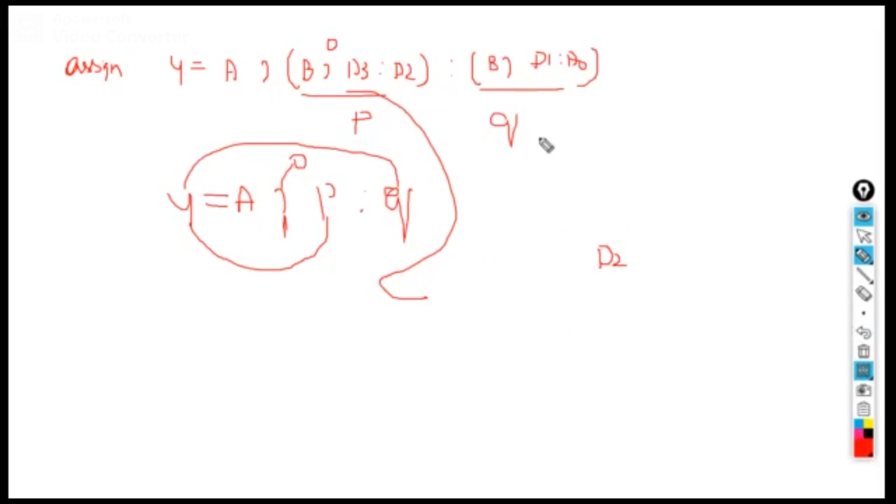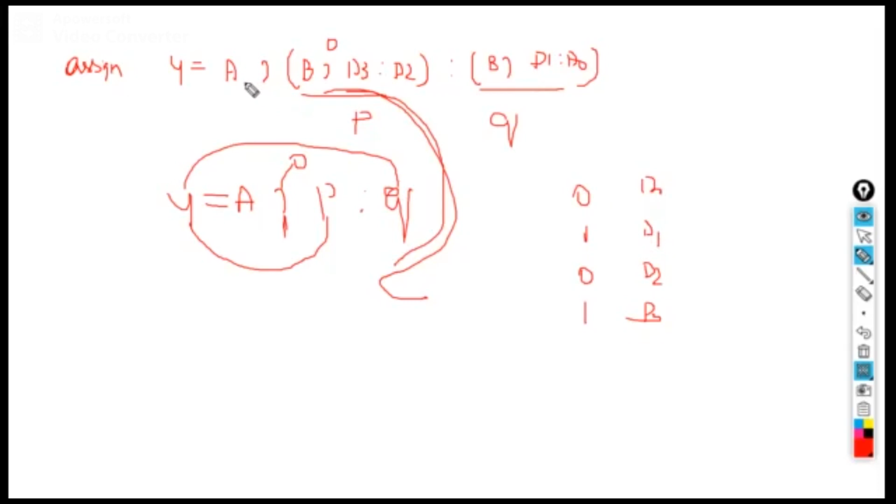So you see, first you have to try to solve this one. So now first write here, when b is equal to 0 and 1, value is d2 and d3. Now you use this one. And b is equal to 0, 1, value is d0 and d1.